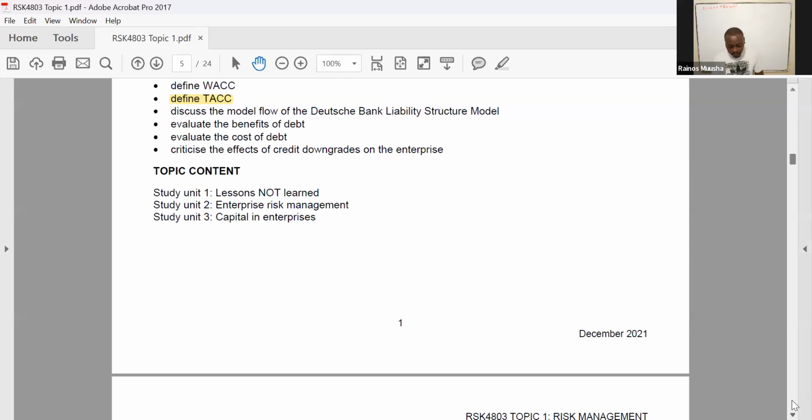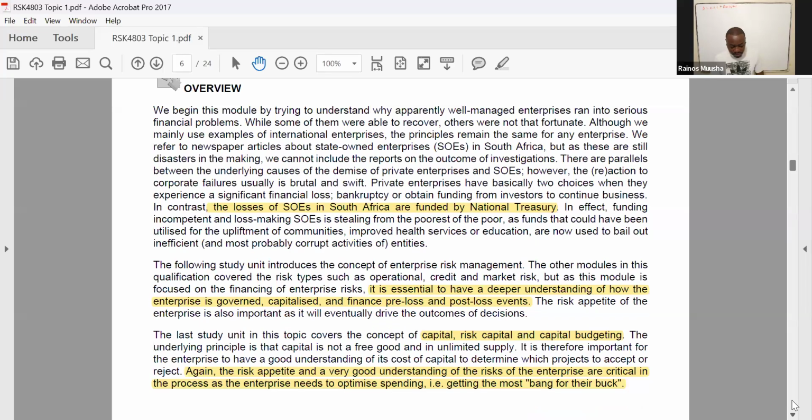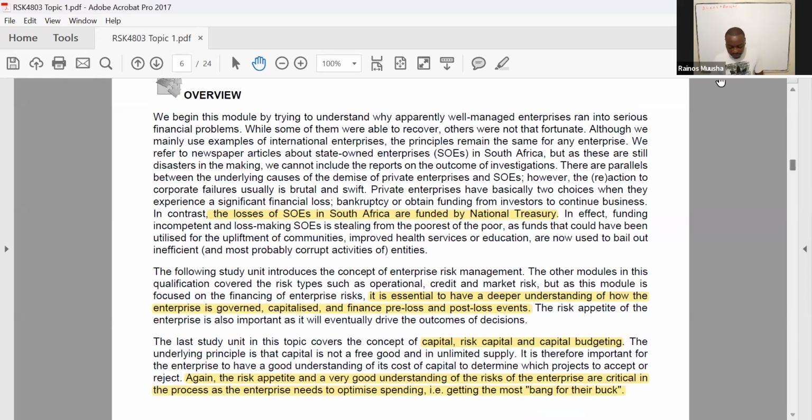Now, please note, under the overview, I'll just go through the overview that the lecturer has indicated, but in summary, they are basically discussing the issues